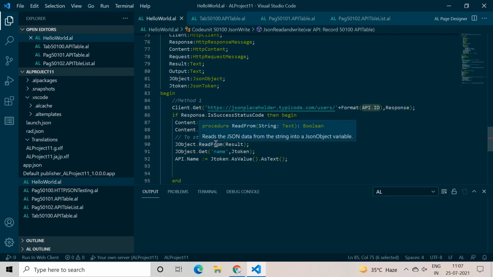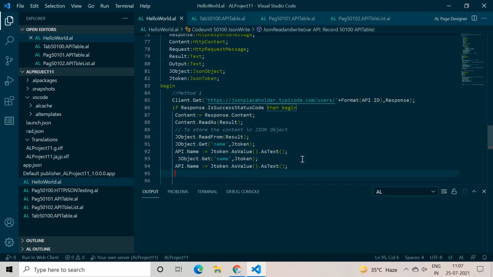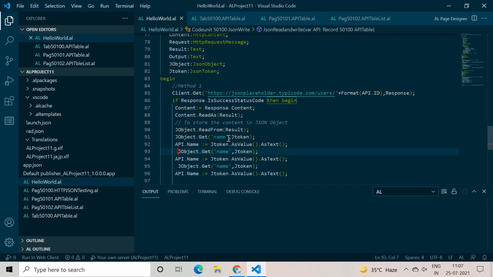Now we are checking each field available in the JSON object one by one and fetching out the values into the JSON token, and then passing the value to my table field. All right, so what we can do now is copy this code and paste it.